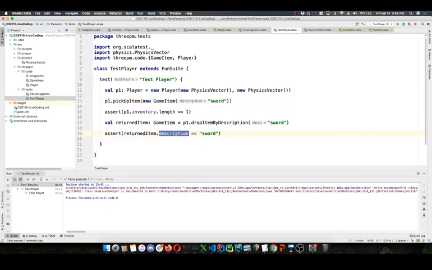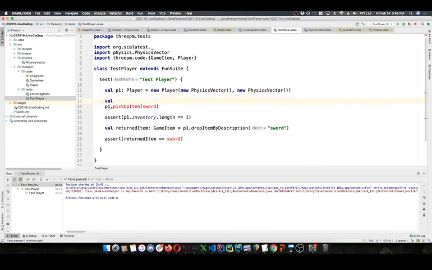So for that, we want to check this by reference. So we want to take the item itself, that reference that's stored in variables of type GameItem, and check that reference to see if it's the same reference as before. Does this refer to the same exact object? We can use equal equal for that. So for that, we need to have a reference first. So I'm going to pull this out, create a value named sword,